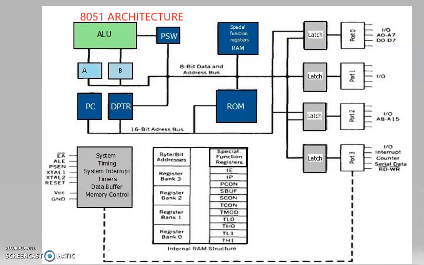So this is the block diagram of the 8051 microcontroller. Usually this comes as an essay question: you need to draw the whole block diagram of the 8051 microcontroller and explain at least 2 or 3 sentences about each block mentioned in this architecture. The architecture is mainly divided into 3 parts: the processor, the memory space, and the IO ports. This is the general architecture or block diagram of the microcontroller.